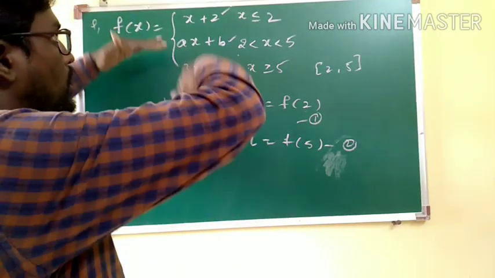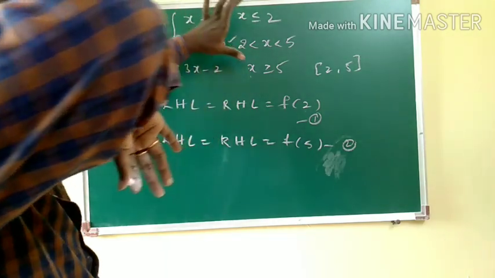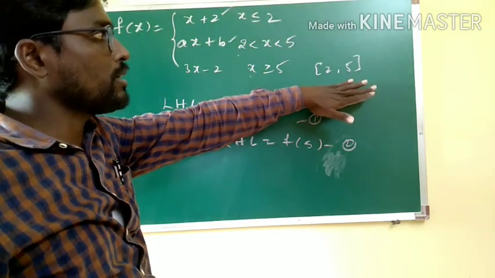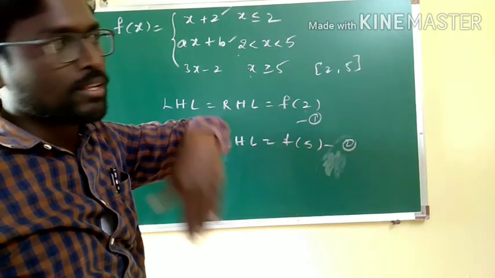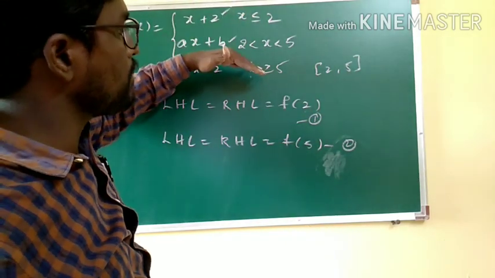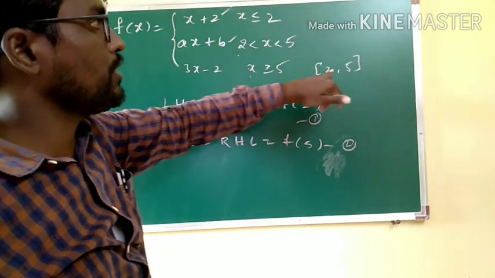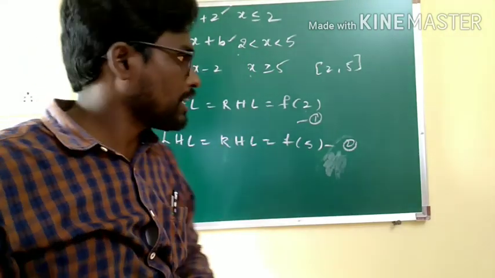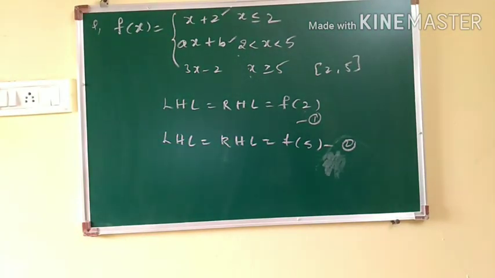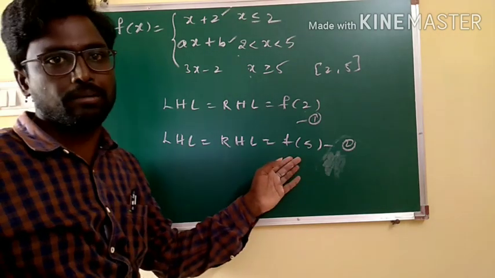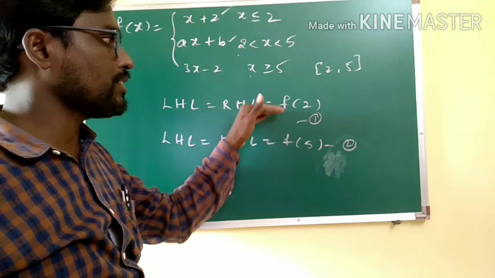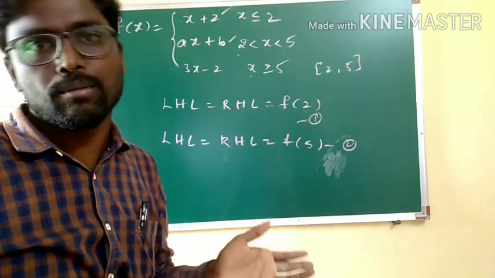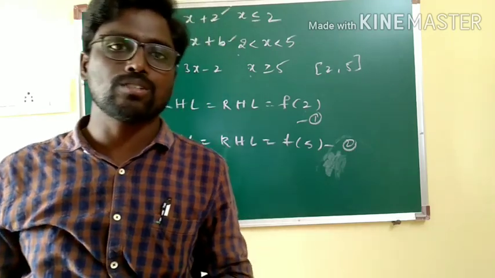Since the function is not specifically given where it is continuous, but according to the intervals we could trace out that it is going to be continuous in the closed interval 2 comma 5, for the convenience of equation solving we are taking continuity at x equal to 2 and at x equal to 5. At x equal to 2, you will take LHL equal to RHL equal to f of 2. At x equal to 5, we will take LHL equal to RHL equal to f of 5. Therefore, on taking these two equations, you will get two linear equations in A and B. If you solve them, you will get the values of A and B.